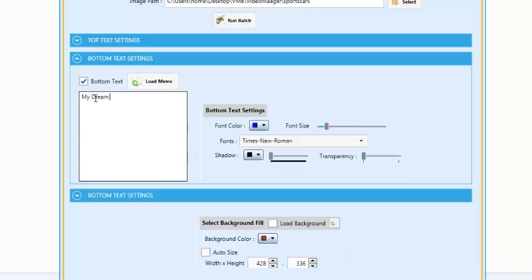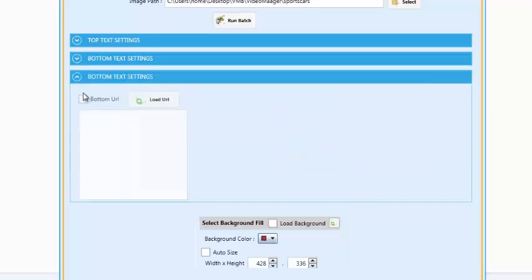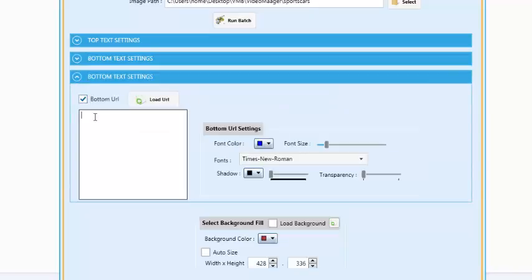My dream car, my sports car, my new car. Okay, and we can do exactly the same here as well. We'll add this as white text as well. We'll make the font higher. We'll add some shadow on there as well, and we'll go to the bottom text and add some bottom text, and for this we'll just add our URL,